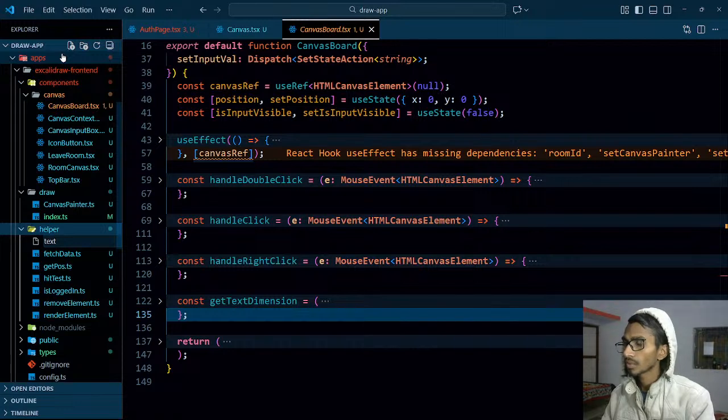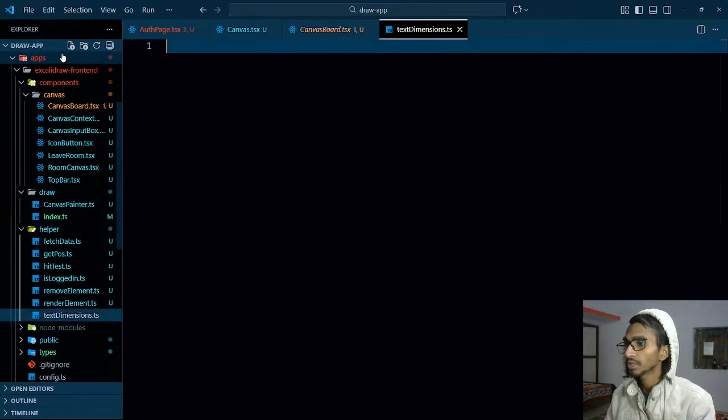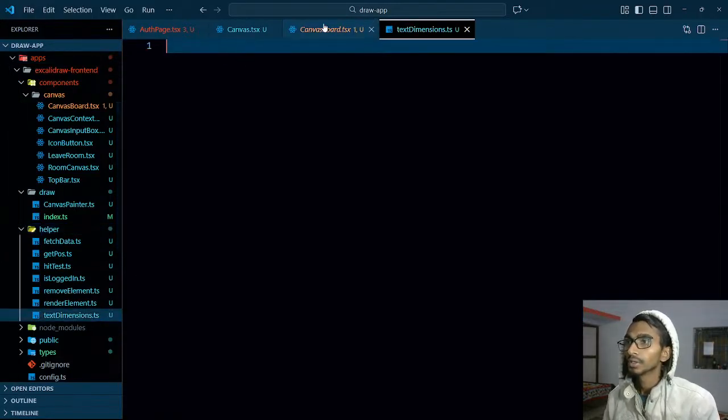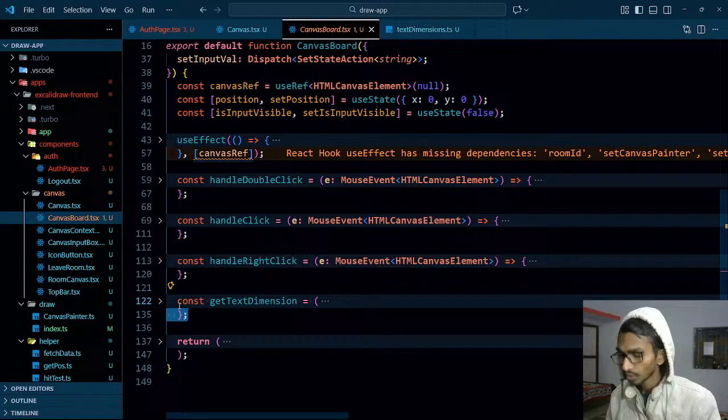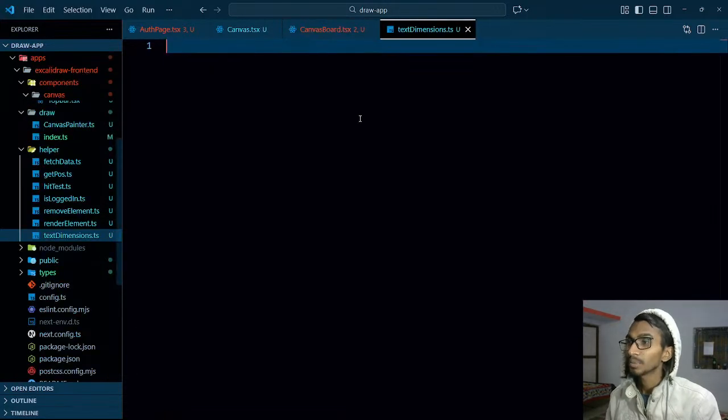text dimensions dot ts, just ts. So text dimensions dot ts will give me the text dimensions, and I just don't wanna keep the things at a single place. Rather I wanna